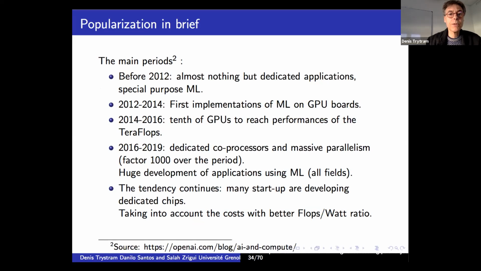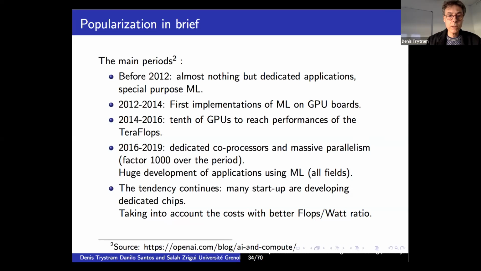Somehow, before 2012, there were only very dedicated applications and nothing else. What I call special purpose machine learning, where you're just guessing a character or recognizing very simple stuff. And then there were the first GPU boards, where people found that machine learning can really benefit from this kind of board and vector machines. And then there was a big development. This was at the end of this period that we moved to this field a bit. And then from this,